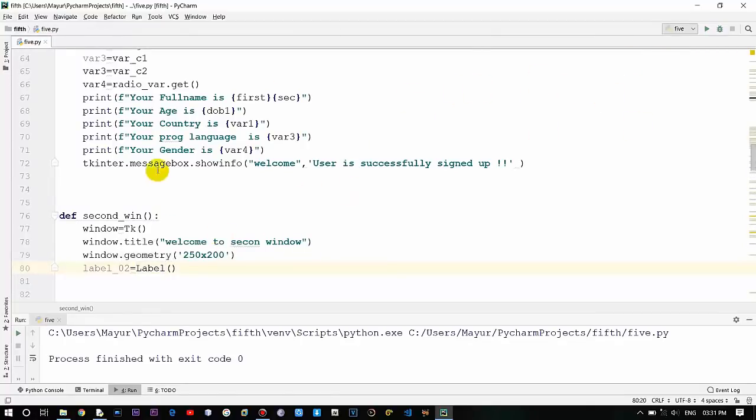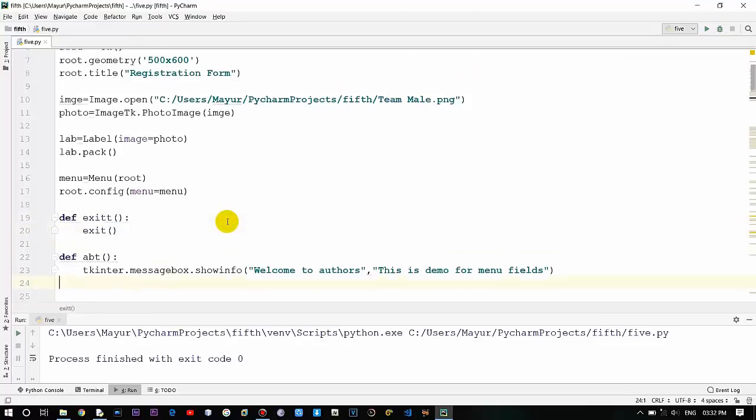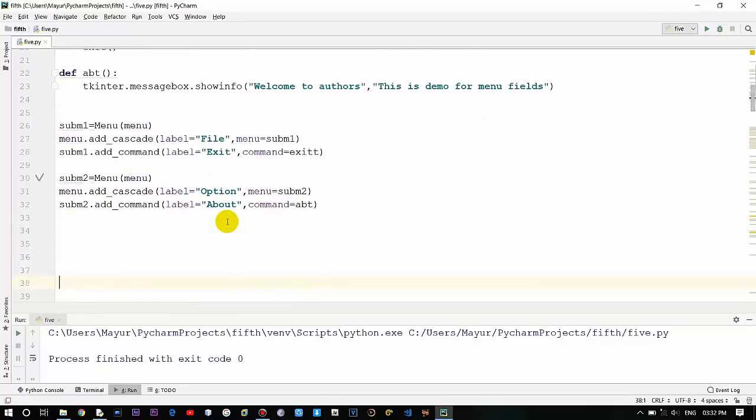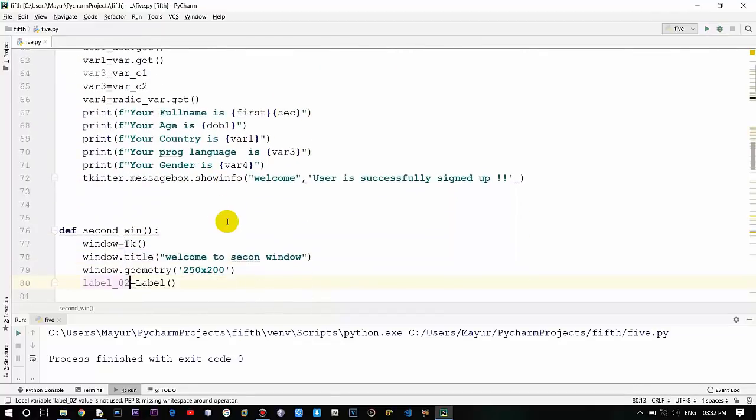Now when it comes to the second window, you don't have to provide the main root window that is over here, because it's for that main window. Now we are creating entirely new Tkinter window, so for that you need to use the root or the window which is provided over here, which is taken as the parent object for the Tkinter frame, right? Okay, so we'll be using window comma,